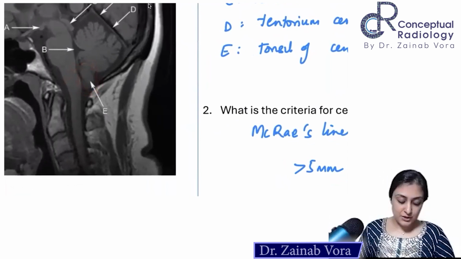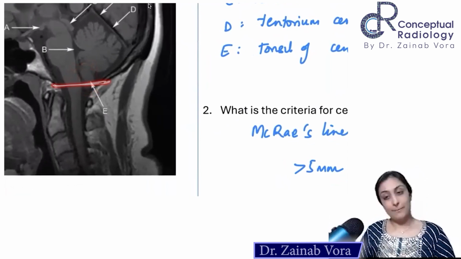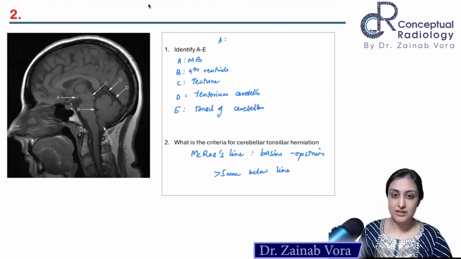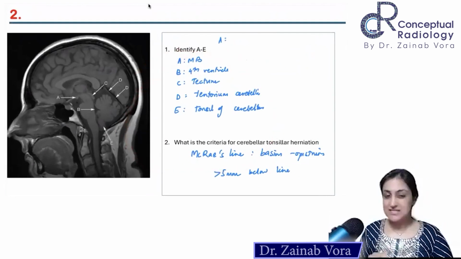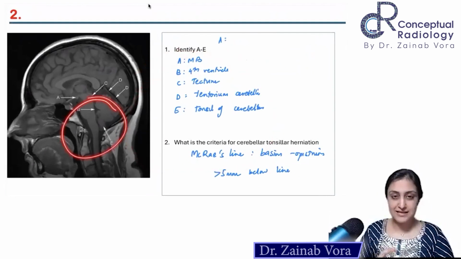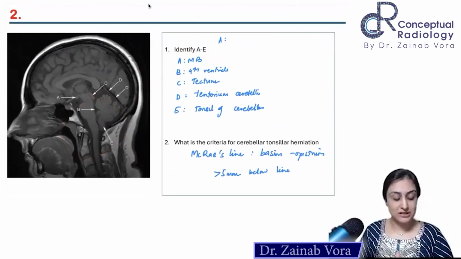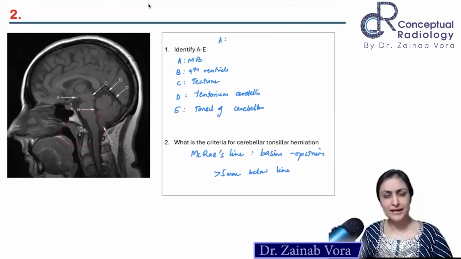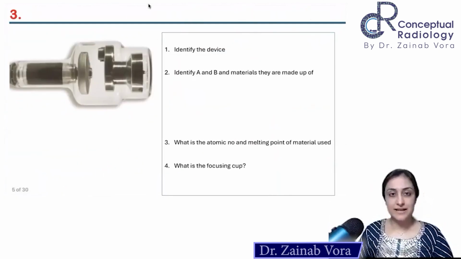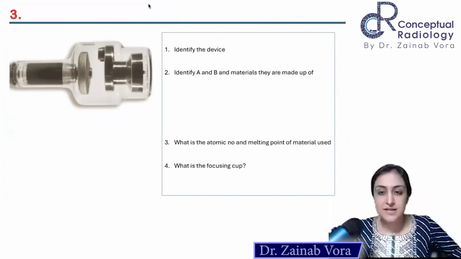In this case, it's a normal cerebellum, not below McRae's line. Right, so this is an anatomy-based question. This is what we see. The CVJ anatomy is pretty complex. I'll take this up as a class in June or July to understand the anatomy here. Okay. Third, again, something which is a